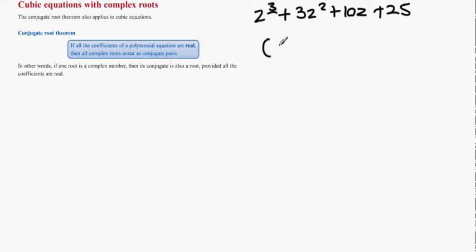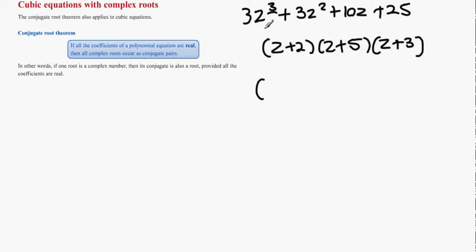Now, cubic equations, we might have factorized them in the past into just simple numbers, and these are the factors that they'll divide into. That's usually what happens. But in this one, we can also get complex roots. So for example, when all the coefficients, 3, 3, 10, and 25, are real,